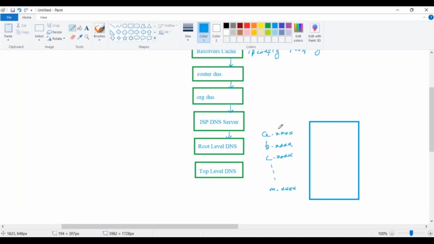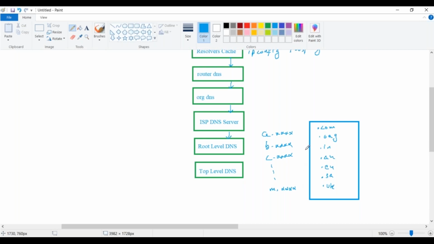You might have seen at the end of a domain name: .com, .org, .in, .au, .eu, .sa. Any other examples? .uk, something like this, isn't it? So at the end of the domain name we have this sort of extension, and these are contained in these 13 major primary root level domain name servers.